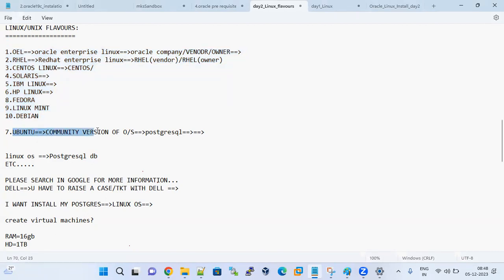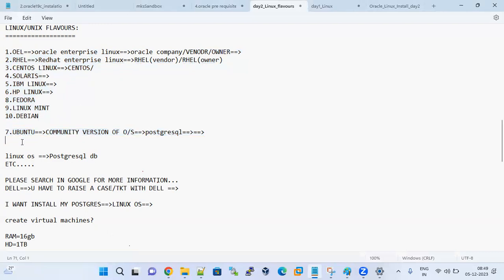Here, we cannot get vendor support because we are not paying anything. Even so, if you want to use Ubuntu, yes, you can go and use it. It's not for critical applications. For non-critical applications, yes. Some projects use the open source Linux operating system, that is Ubuntu.